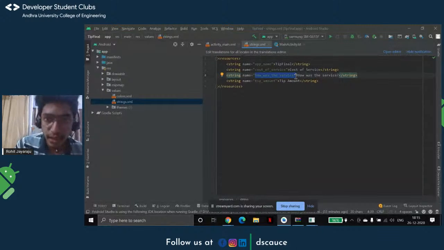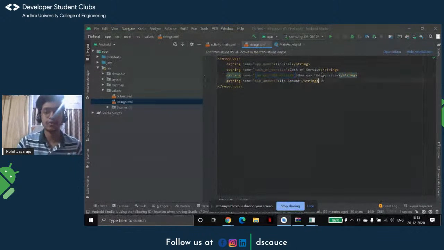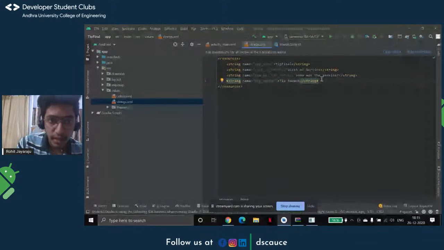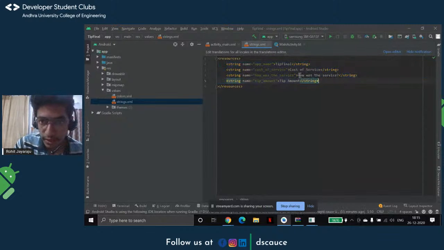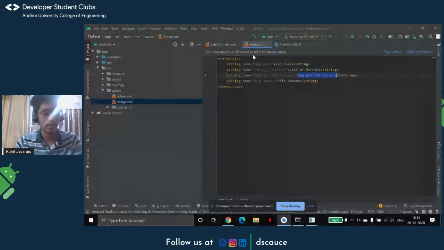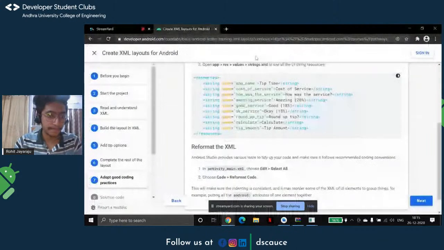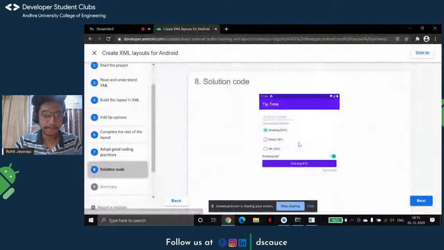So we may get a lot of errors or warnings when we give hard coded text. To avoid them, it's better to create a resource file in which we give all our strings in advance, like the hello world, the how was the service text and everything. I think it's better to give it in a resource file. Okay, that went well. Solution code,